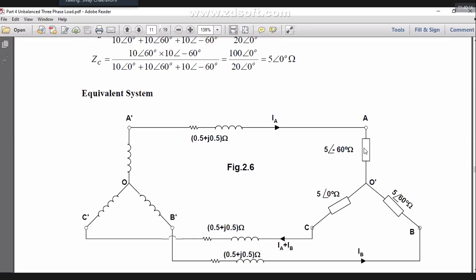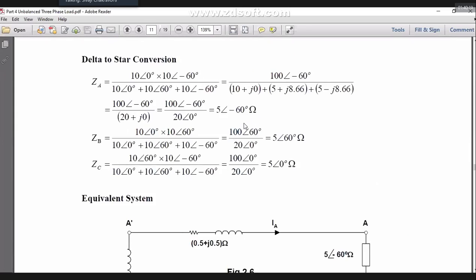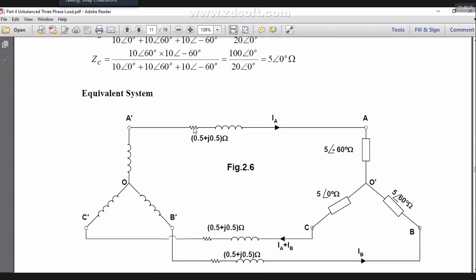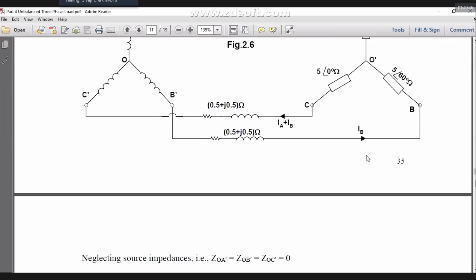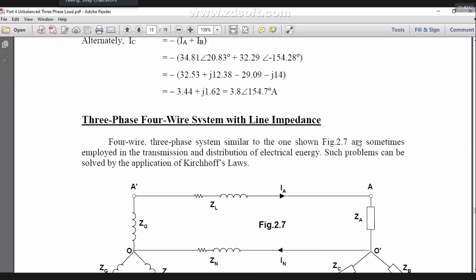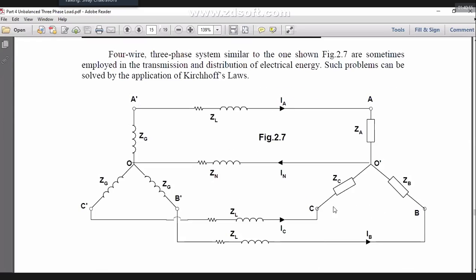Now you see this is the case. What we will do is, I will take this line impedance in series with this and change this value. So I will have three different values. You get my point? Because this is a series circuit, impedances are added. So what is the total impedance of the phase? 5 angle minus 60 plus this. Then I will say that as if the line has zero impedance and this impedance has been changed. So it is an equivalent representation. Similarly, all these three impedances are changed and I am assuming line impedance to be zero.